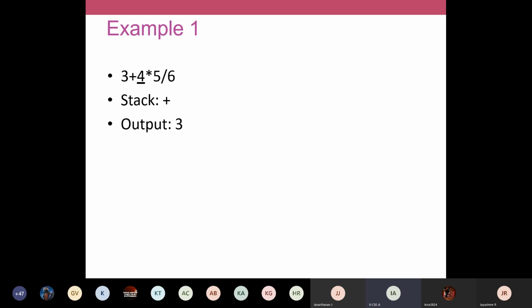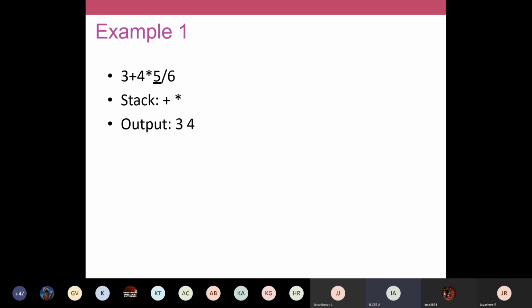Okay. So in step 3, I underline this 4. We are going to write this 4 into the output because it is an operand. And write down step 4. In step 4, you're going to analyze the 4th token, star. Now your stack has plus. So at this point, you have to check the precedence. Your input has higher precedence. If your stack has higher precedence, I will be popping off stack content. But if your input has higher precedence, just push it into the stack. This will be the end of your 4th step.